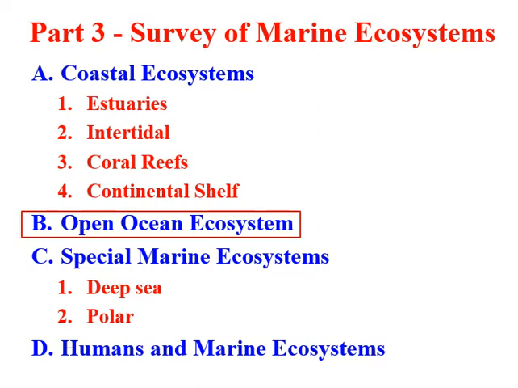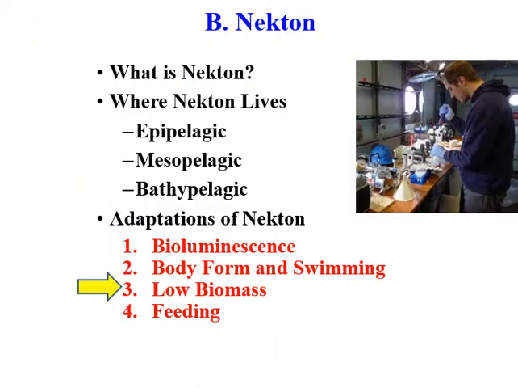One of the major ecosystems out there is the open ocean, or oceanic ecosystems. And so we looked at plankton, phytoplankton and zooplankton, and then we looked at nekton and found that there were a number of interesting aspects of the life of nekton, and they're interesting because they're big and they're charismatic, and that some of the adaptations of nekton that you find in the epipelagic, mesopelagic, and bathypelagic for some species,